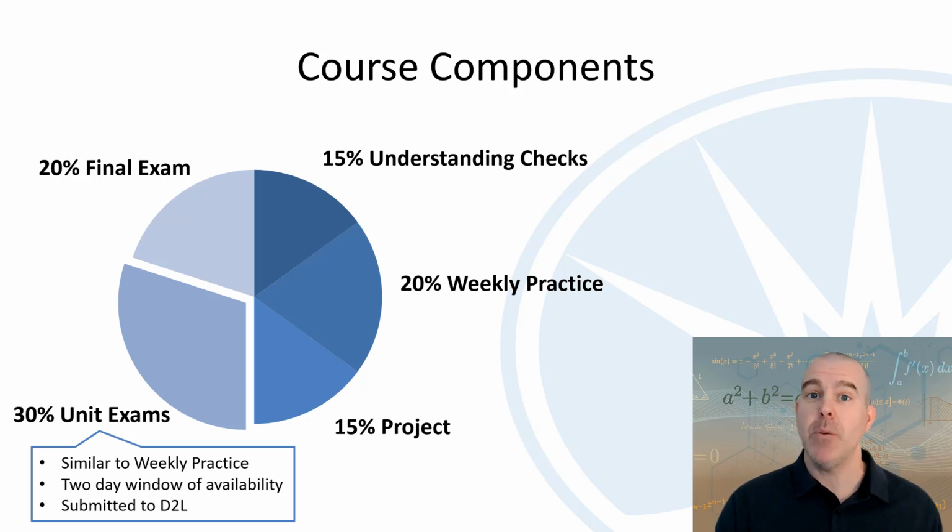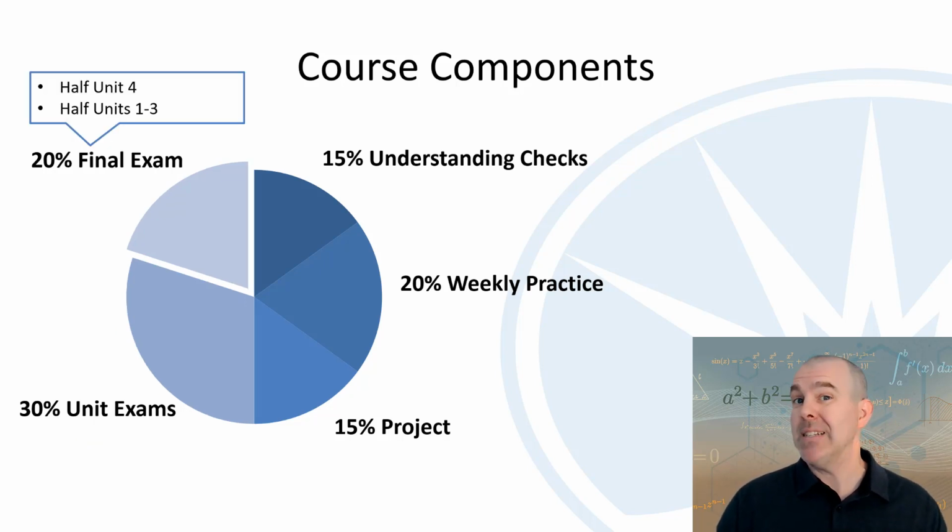And then finally, we'll have the final exam. This is like a double exam. Half of it is going to be a Unit 4 exam. This will be week 16, the last week of the semester. And then half of it will be a few selected questions from Units 1 through 3. So this is a regular unit exam plus another exam that'll just have a selection of topics from the first 3 units. And that's the final 20%. So think of each unit exam as 10% of your grade.